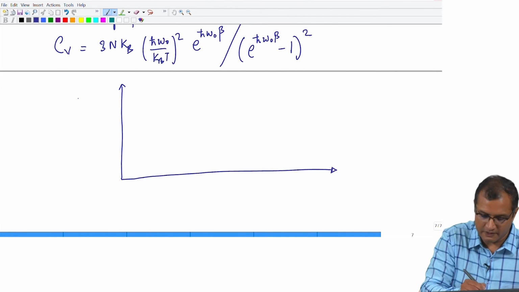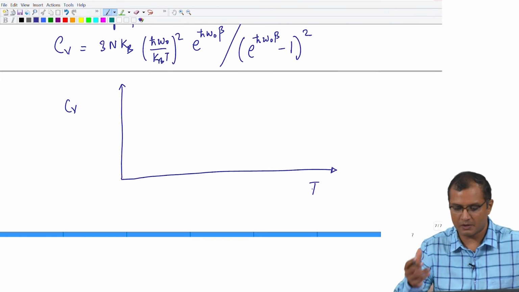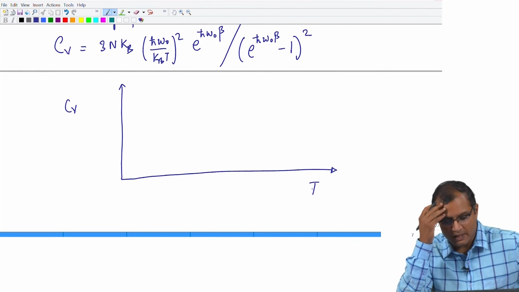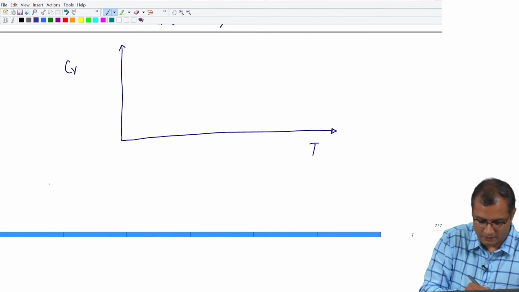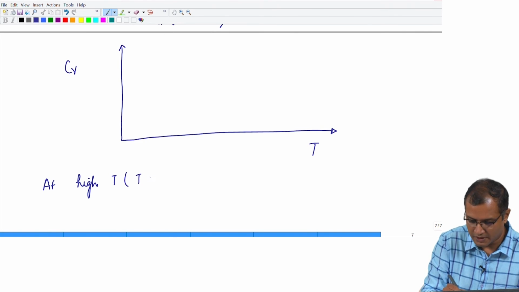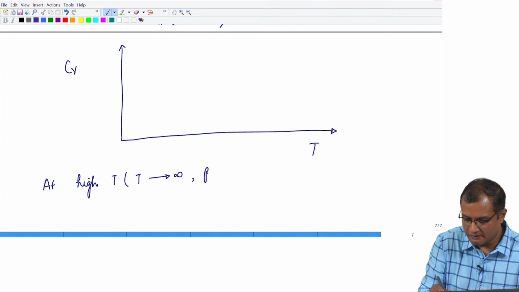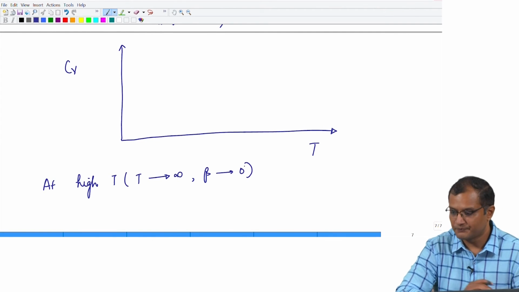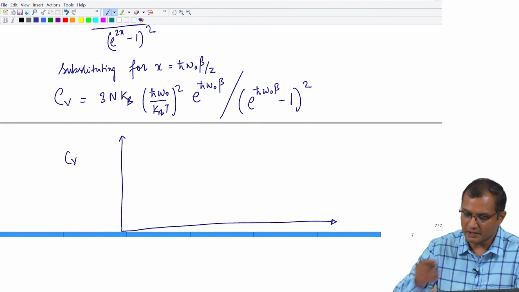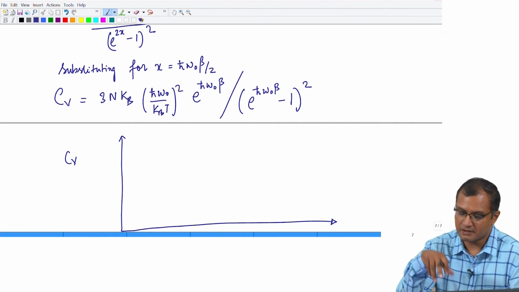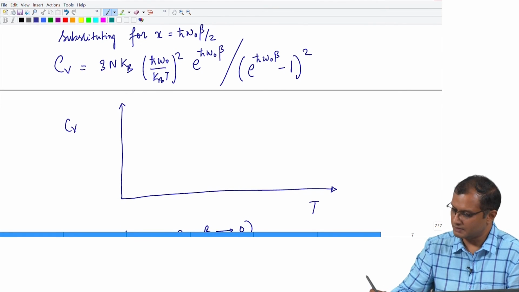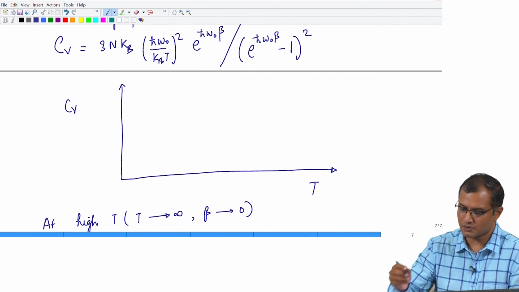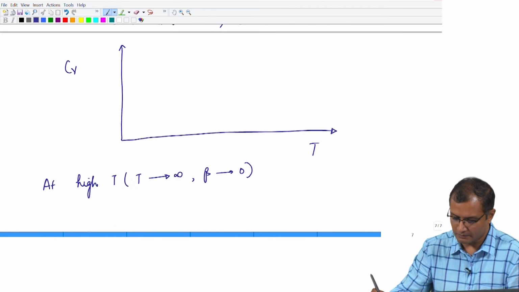Well, there is one thing definitely, that there is a high temperature limit and there is a low temperature limit. So, as T tends to infinity, your beta will go to 0, because beta is 1 over kT. So, the limit beta tending to 0 is very clear. So, the denominator here becomes, it can be very easily seen. So, if your beta goes to 0, then I can write down my